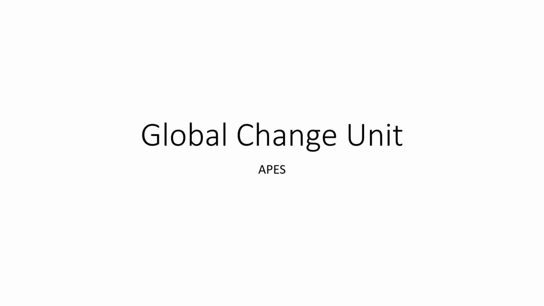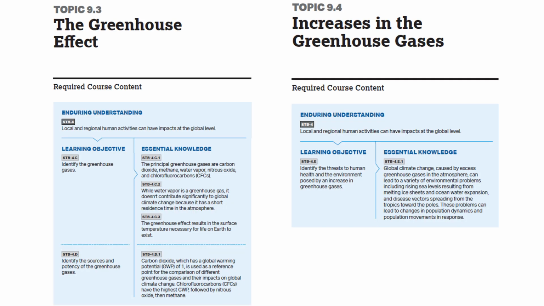Hi everyone, so this PowerPoint is going to be on global change, especially global climate change for AP Environmental Science. Some of these learning objectives we've already talked about, such as the greenhouse effect and increasing greenhouse gases. We talked about these throughout the school year, introducing them way back in August or September, but we're going to hit them again here and at least review them at their basic level